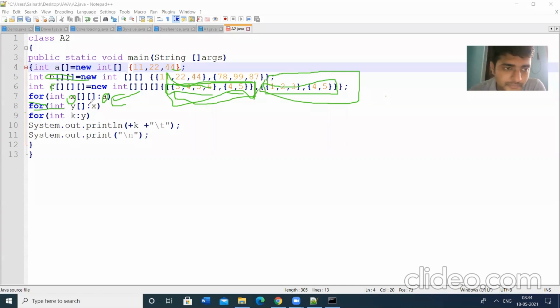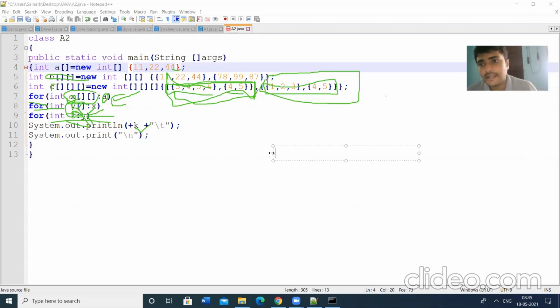Then the inner for loop: here the array collection is X, and we are taking the X and displaying it in some other variable Y. Two dimensions means it's an array of single dimension, so I have declared it with the dimension. Then in the inner for loop, I am declaring the K value, and we are taking the collection from Y. Y is a single dimension, so single dimension means we don't need any array. We can simply display the array elements. This is how we can use the single dimension as well as three dimension.